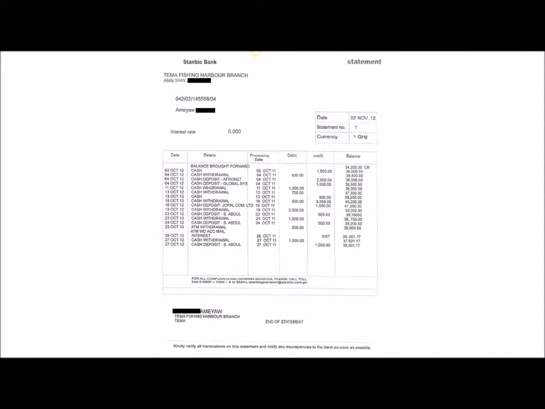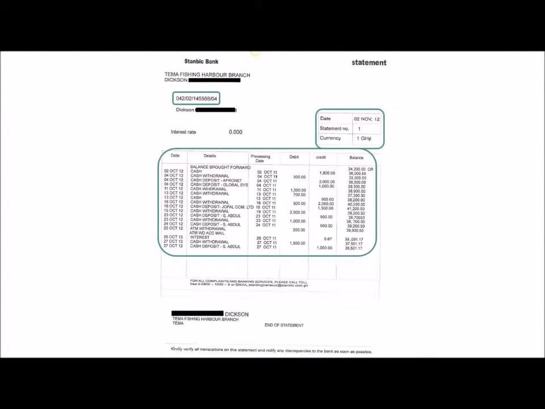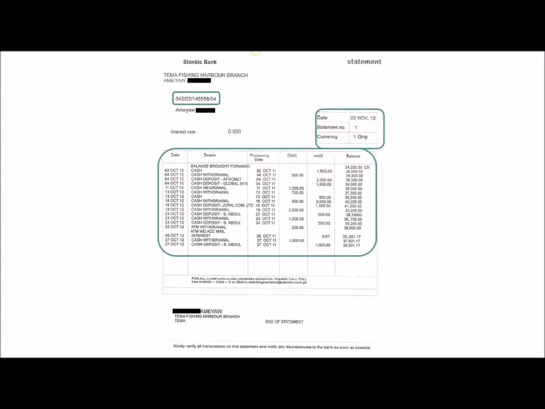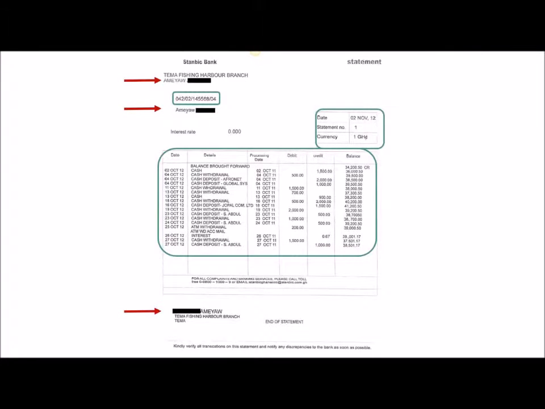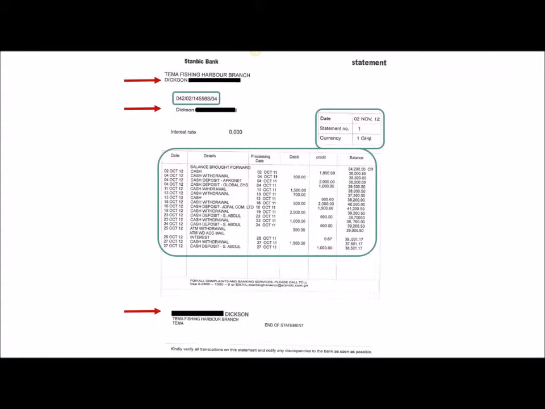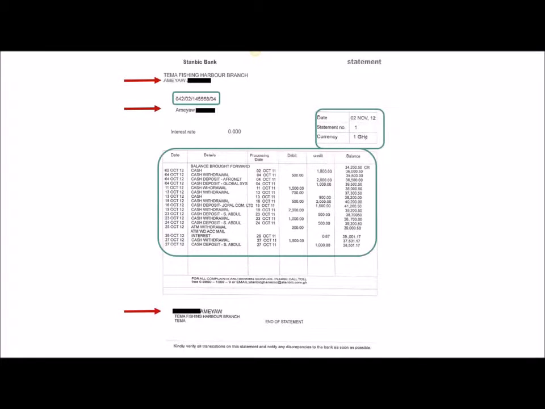So what does that look like in real life? I realize that not all of us work with financial documents every day, so I just wanted to give you one example. This one happens to be from Ghana. So these two documents seem to be legitimate. Now, upon closer inspection, you'll see that the dates, account numbers, and all the transactions aren't exactly the same. The only thing that's different are the names. So what probably started out as a legitimate bank statement has been altered. One name was replaced with another.